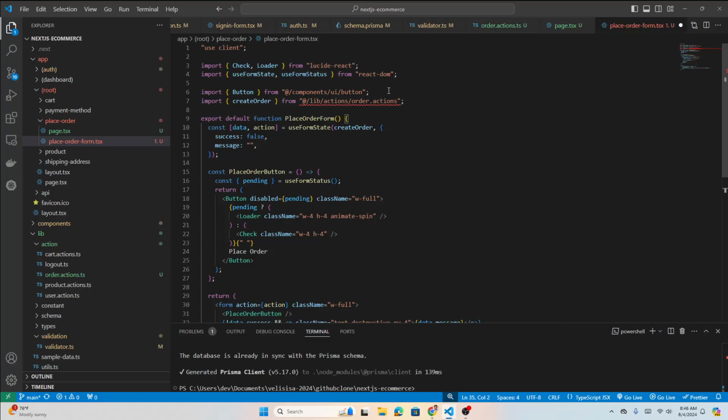So let's look at the form, right? First, I'm going to call the create order action, because the create order action we just looked at, right? In the order action function, we're going to need that, because when you click the button place order, this function will run, right? So import